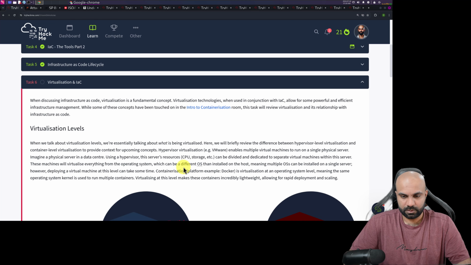Okay, just a moment. So we are essentially talking about different virtualization: hypervisor and container virtualization. In the context of hypervisor virtualization, VMware.